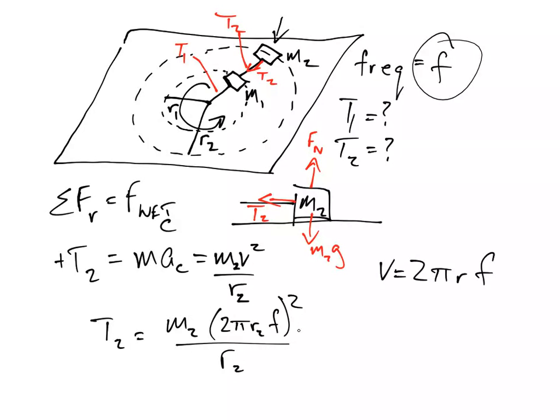And this is r2 as well. So this becomes 4 pi squared r2 squared f squared all over r2. And now we can cancel that, and our final answer,